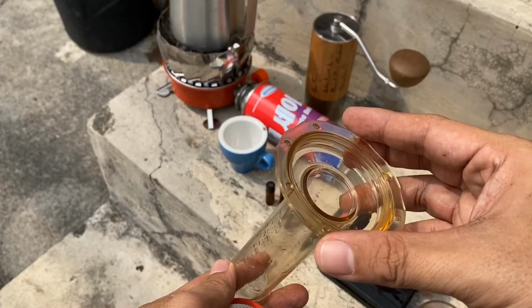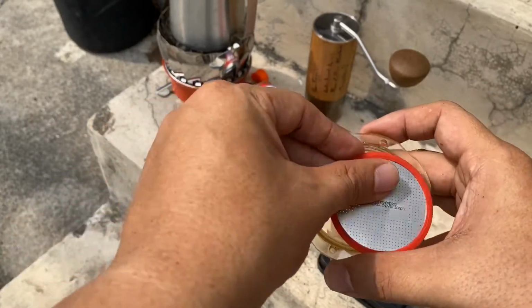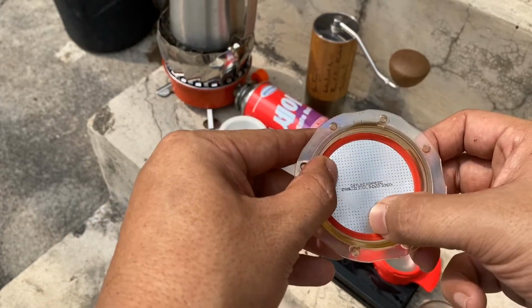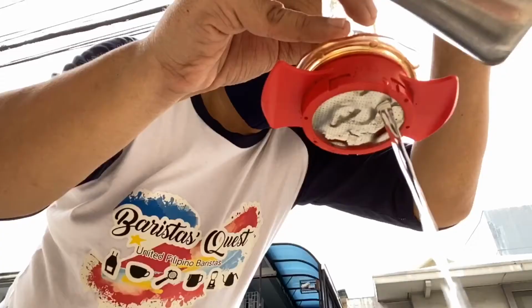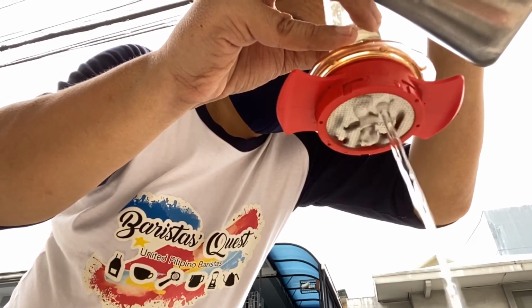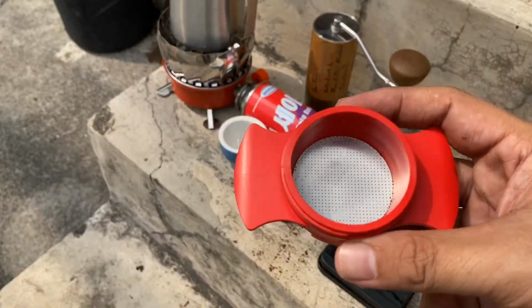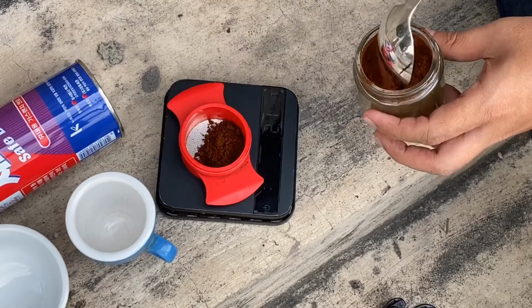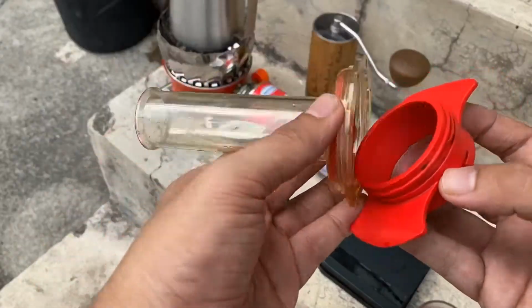The build of the Cafflano is quite simple. So you have your water chamber, and you put a filter, and this acts sort of like the screen of your group head in a traditional machine, which helps the water come out in a distributed manner and not only in one spot. And then it also comes with your coffee holder. This is where you dose your coffee, and this is sort of like your portafilter, and all it does is that you lock it in